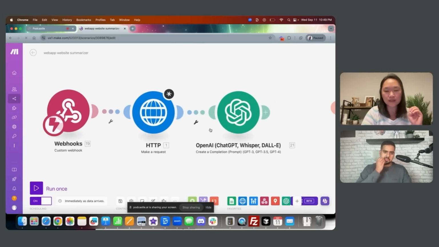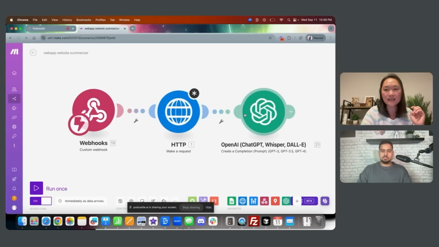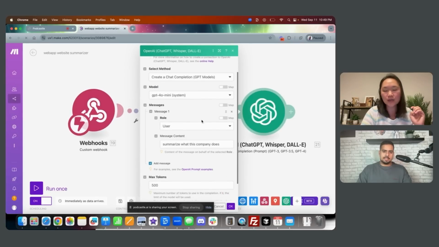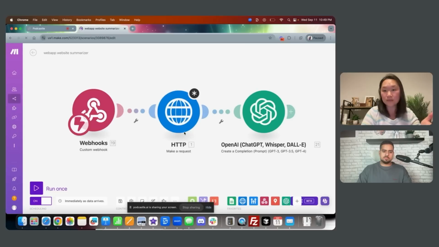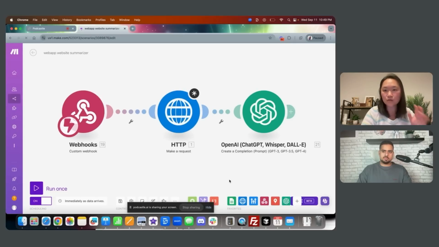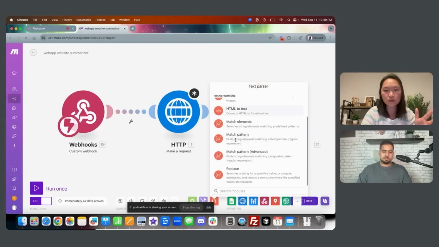We still have to fill in the URL part. And then lastly, it's going to go into a ChatGPT module and summarize what that company does. So it's a very simple scraper. You can also